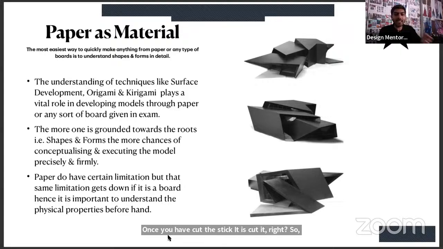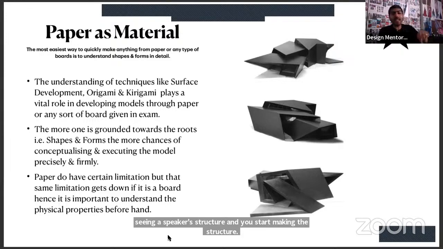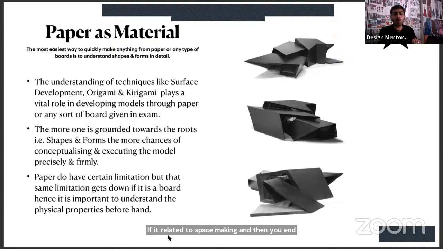So develop the idea in the initial 10 to 12 minutes. Quickly jump onto the part of conceptualization, seeing the materials you are provided with, and then start working on the model. Do not jump onto materials with the first thought that comes, seeing a stick is structure and you start making a structure, if it's related to space making. Then you end up in a loop where you have paper, you have thermocol balls, but you have no idea how and where to use them. So understand the material first with respect to the concept you are developing. And it takes about 10 to 12 minutes if you're good with it in terms of practice.